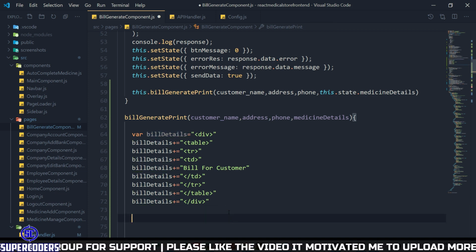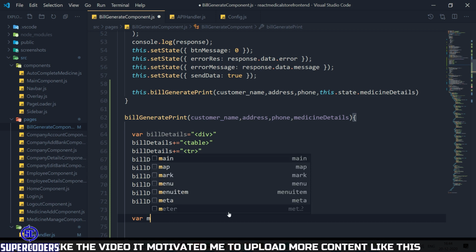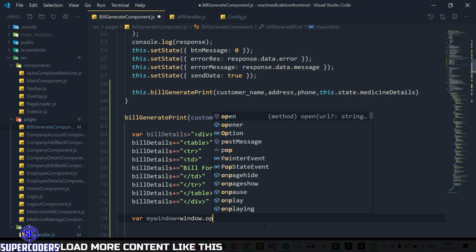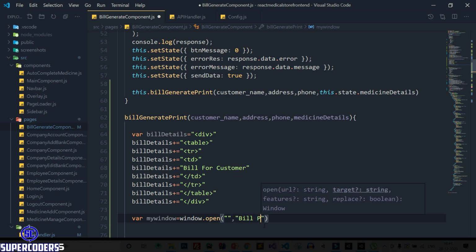After that, let's try to print this detail. So here, I just create a dummy data of bill for customer. First, let's create an object where my window equal to window.open. First blank, second name, so bill, print.